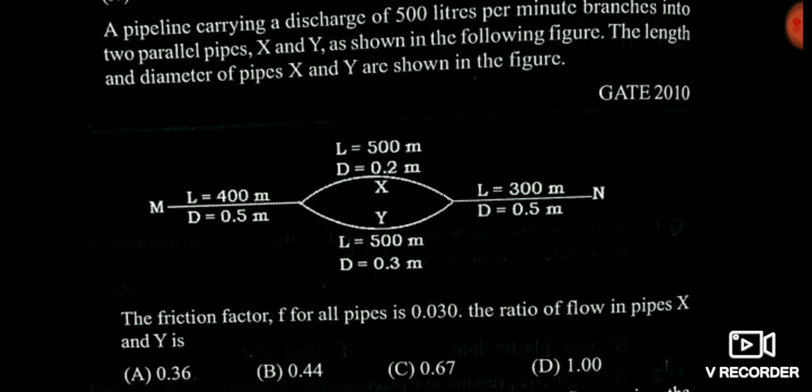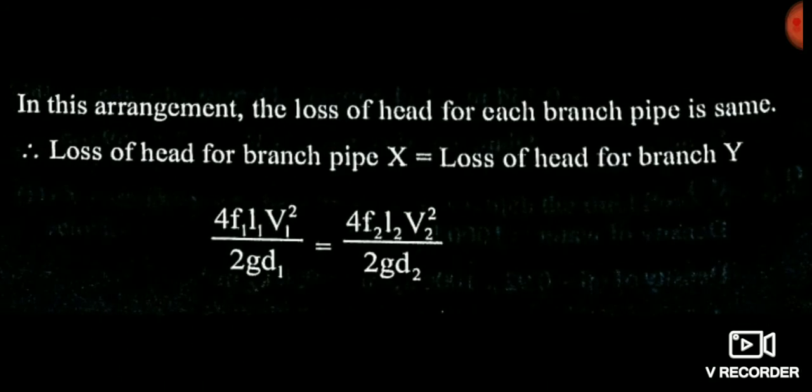Friends, whenever parallel combination, then the head is constant, and whenever series combination, then the discharge is constant. This is the simple concept of series and parallel. I think all of you have studied in your intermediate regarding this series and parallel, that in series the current is constant and in parallel the potential difference is constant. Here also in parallel head is constant, in series the discharge is constant.